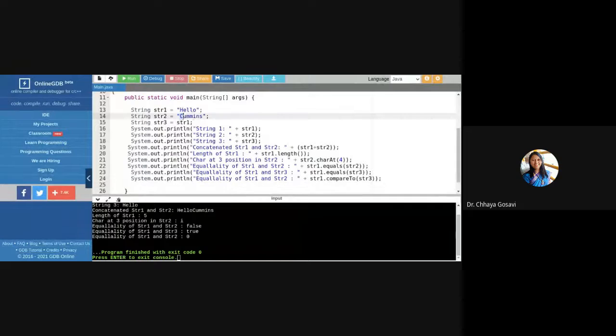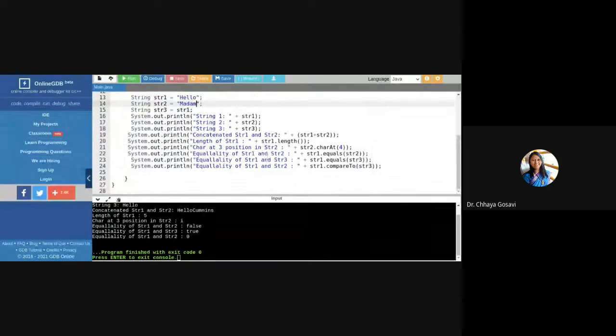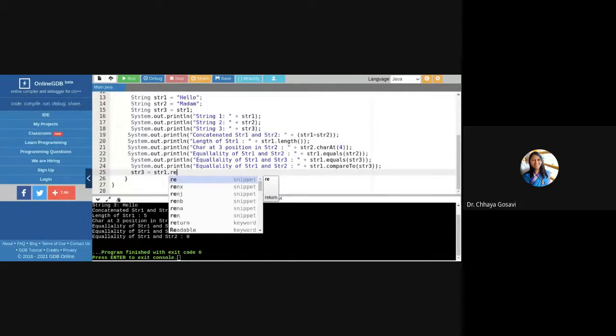So suppose instead of comments, this is say madam, and we'll check str3 is equal to str1 dot reverse.